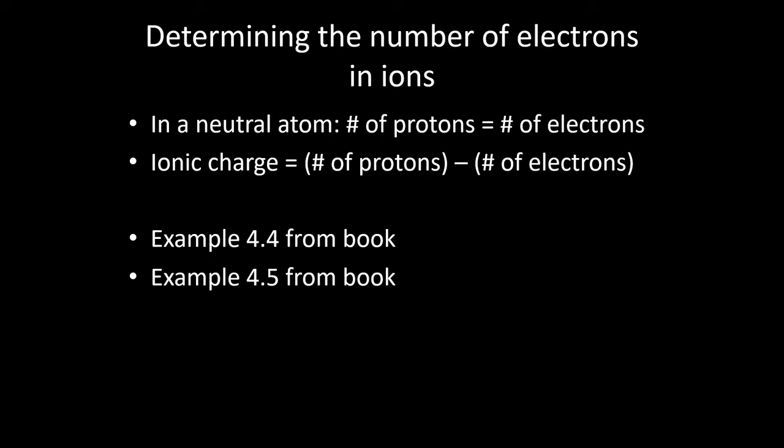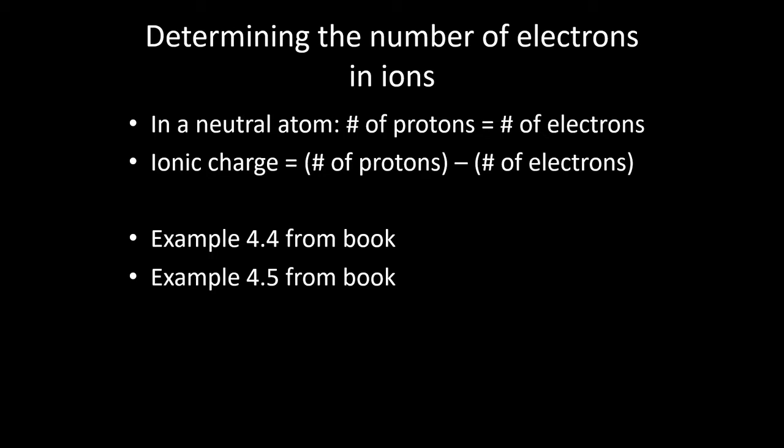Alright. So when we're trying to determine what the charge would be on an element, it's a pretty straightforward way of doing that. We're just going to take the number of protons that we have in the element and subtract the number of electrons. And that will give us the charge on the ion. So we have a couple examples here. I'll just look those up real quick in my book. So we have example 4.4 and 4.5. So 4.4